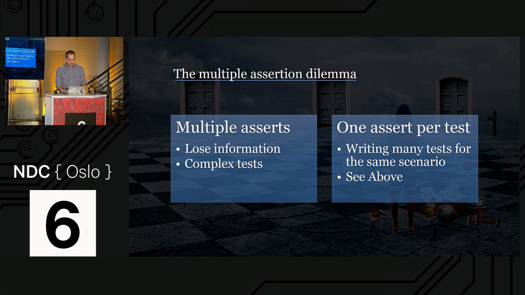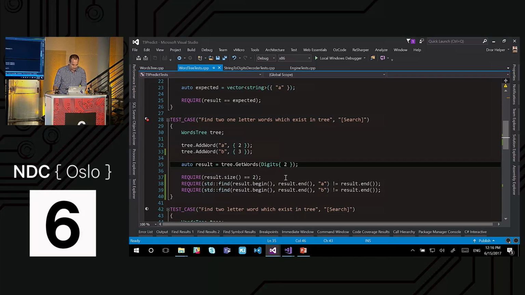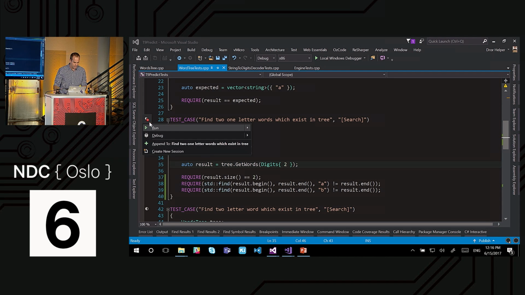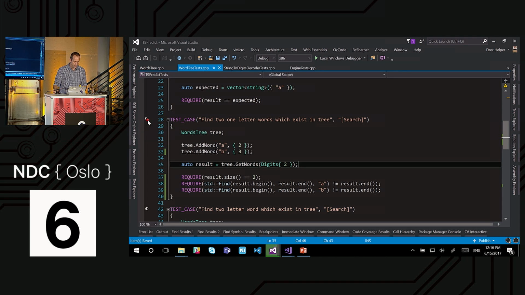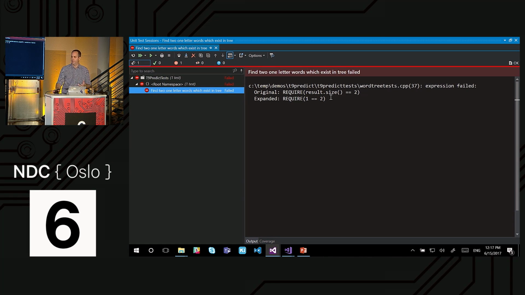The reason is that in C++, at least many of the unit testing frameworks have the ability, and this is Catch, but Google Test is the same way, to define two kinds of asserts. In Catch, you have require, which means the minute this specific test fails, stop the test. And we can see that in the test result. I'll run it again. And here I've created a bad test just to show it failing. It's not a good test. But the require failed, and I know absolutely nothing about the other two requires. And that is a problem.